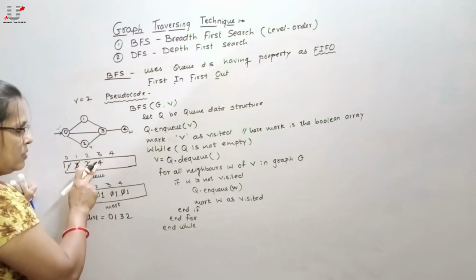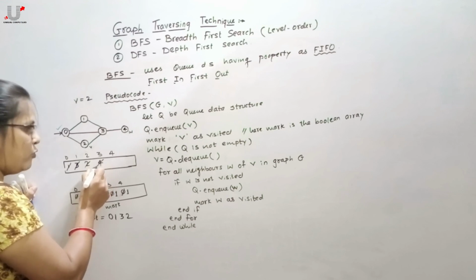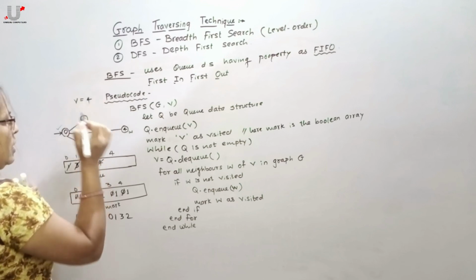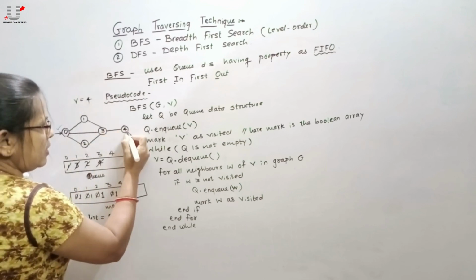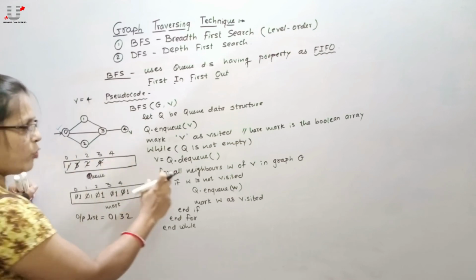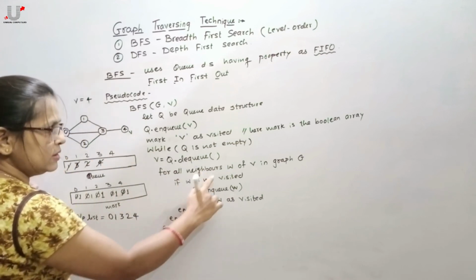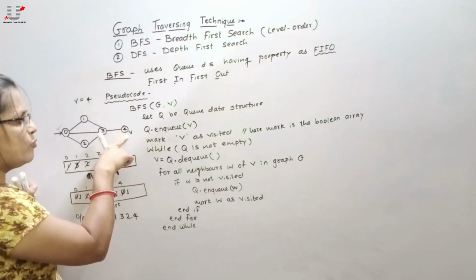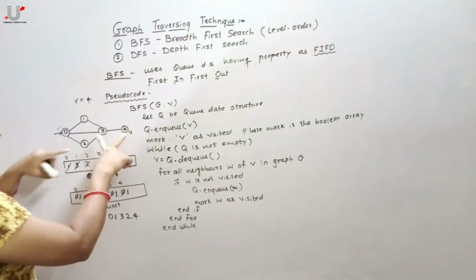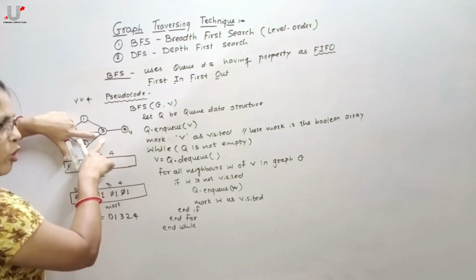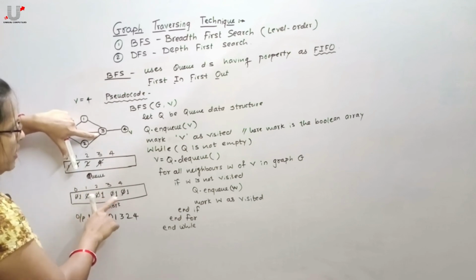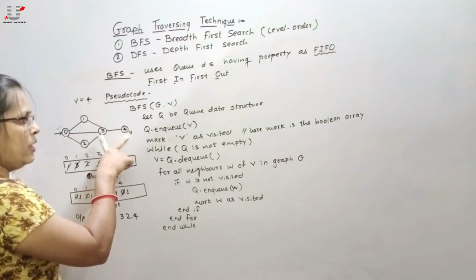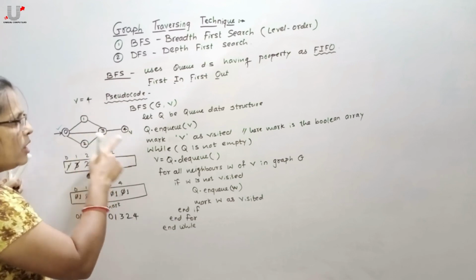that means still 4 is there within the queue, so remove that 4 and assign it to v. Now v is pointing at node 4. Then for all the neighbors of v, so all the unvisited neighbors of this 4, there is only 3 as a neighboring node of v, but 3 is already marked as a visited node. There is no adjacent vertex of v remaining as an unvisited node.